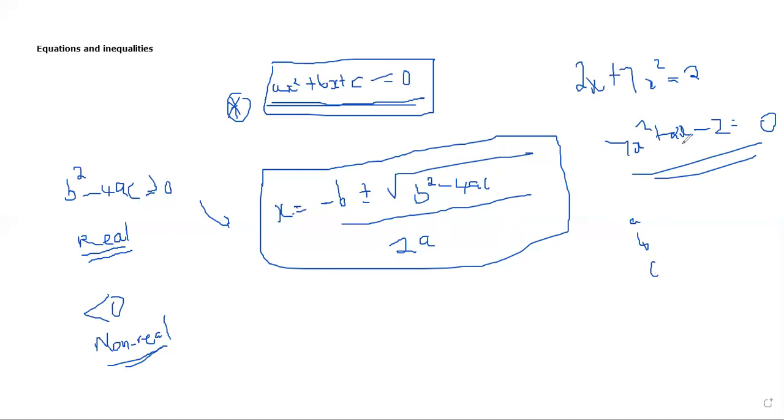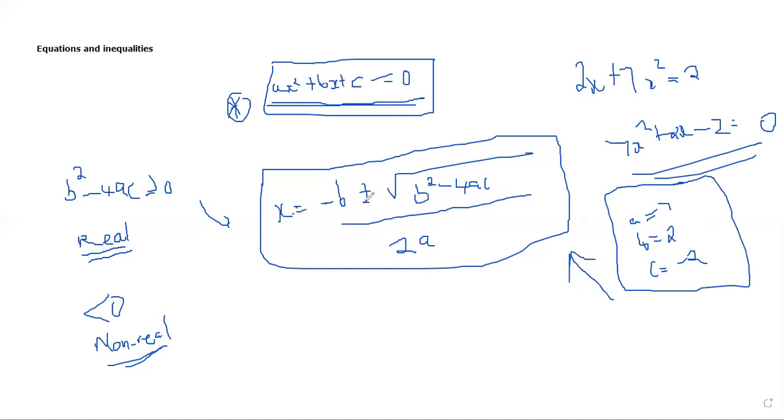So always after writing it in standard form, you will get a clear direction as to what a is. In this case, a will be 7, b would be 2, and c would be negative 2. So you always take it with its sign. From there, it will be easier for you to use this formula because you'll just be substituting,